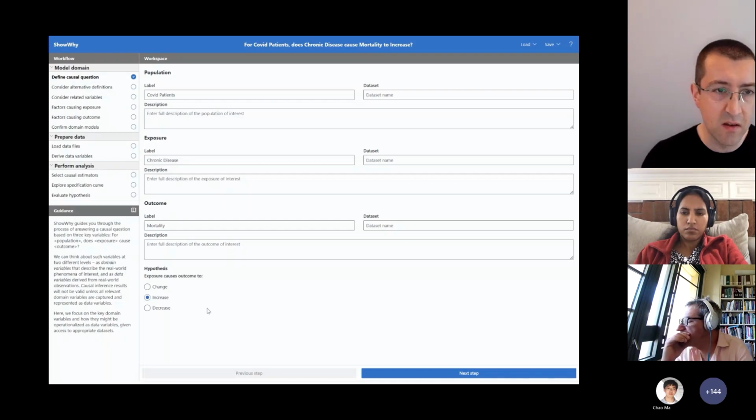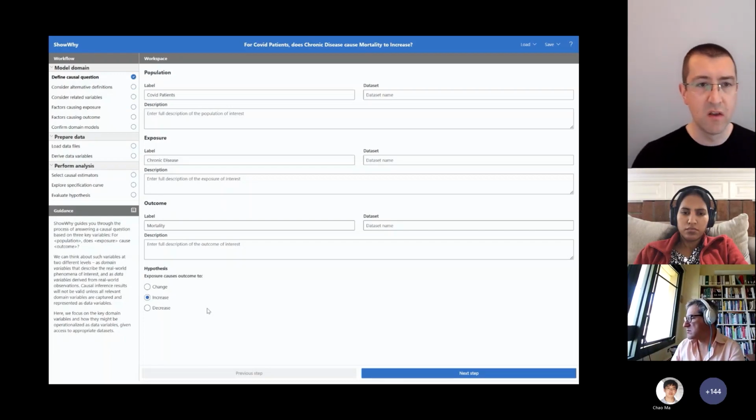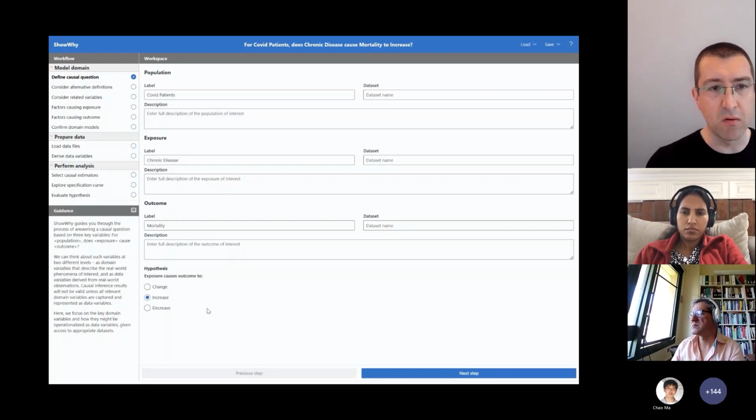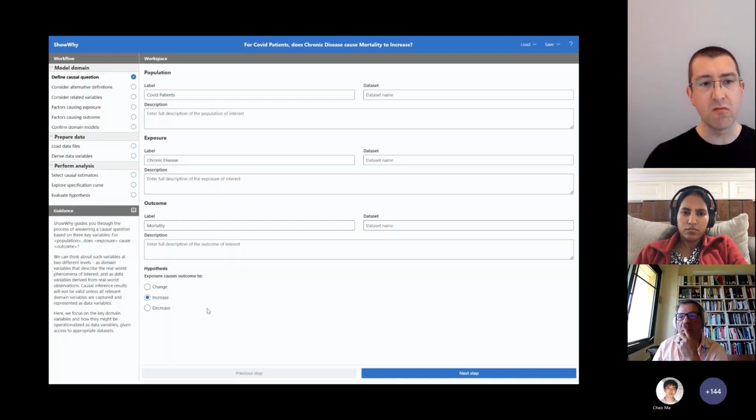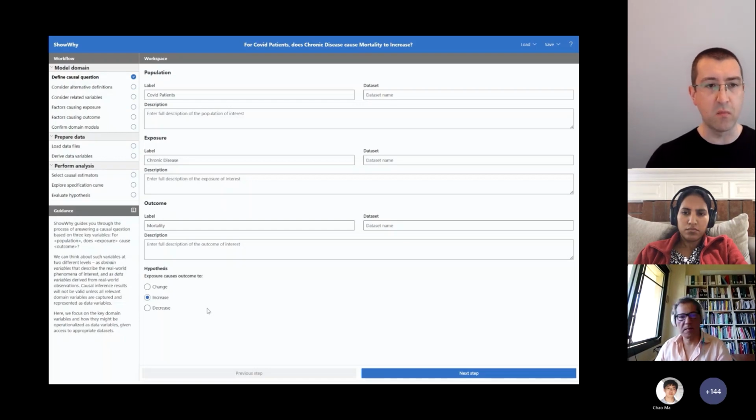So here we have data sets on various aspects of these COVID patients. Here we're looking at a table of symptoms. And this is a general purpose data wrangling interface with different data transformation verbs that data scientists would use as part of their day-to-day work. But we're trying to expose them in a guided visual way such that users can progressively transform the data sets they have access to into the form that's required for causal inference.